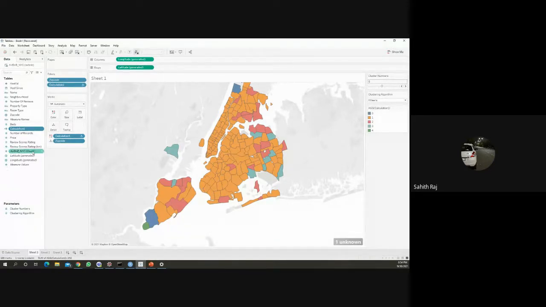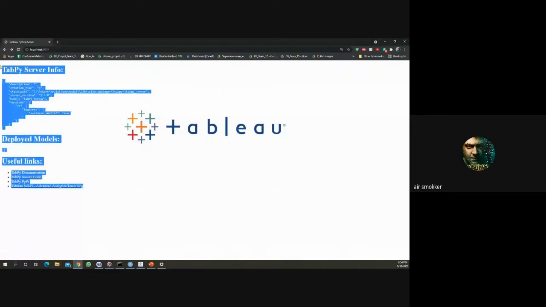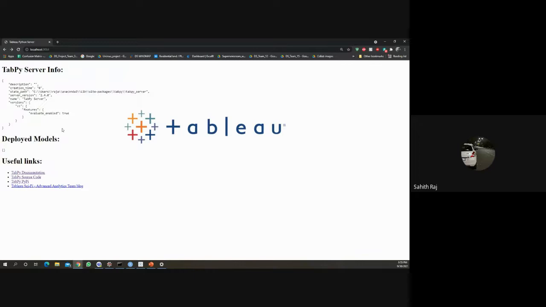In the browser, you showed me. Why are you doing that? For this server one, just to confirm that the server has been started or not. Once you give the code in the command prompt, it comes up. The server starts, and after that we connect to the server in Tableau. Once the server starts, we can connect Python to Tableau. Oh, okay. Got it.